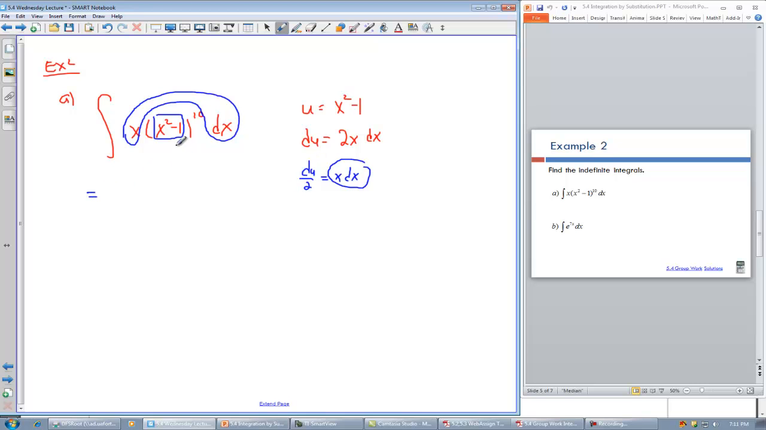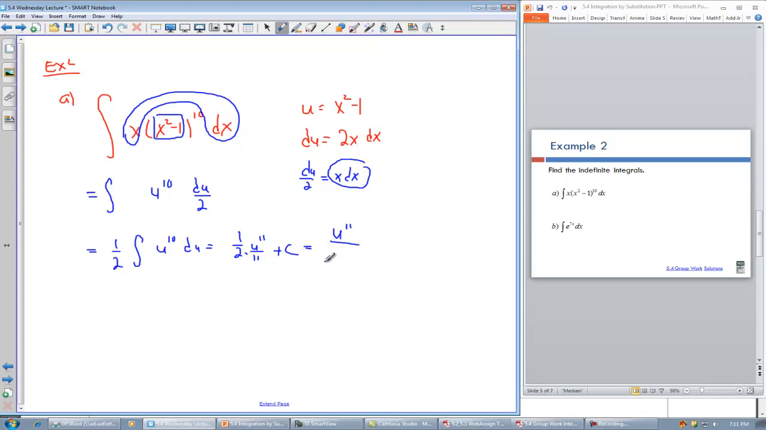So this is equal to, I have u to the 10th, so x squared minus 1 is my u to the 10th, and x dx is du divided by 2. And then I can do a little bit of algebra here if you like, and just move the 1/2 outside the integral sign. It's probably the easiest way to do it. So that's 1/2 the integral of u to the 10th du, and that's just a power of u, so I add 1 to it, and I divide. So 1/2 u to the 11 over 11 plus c,